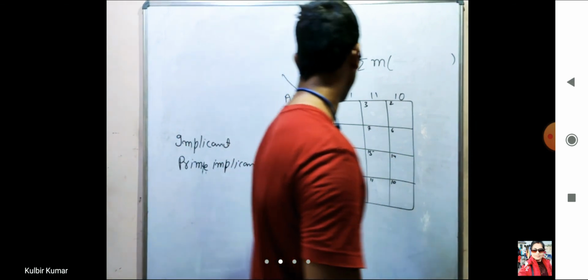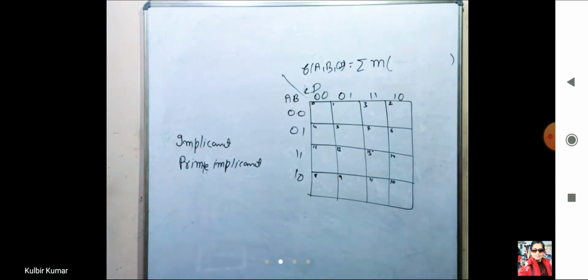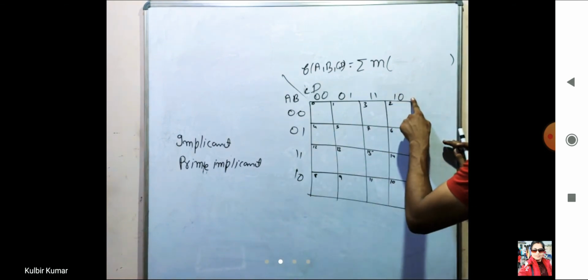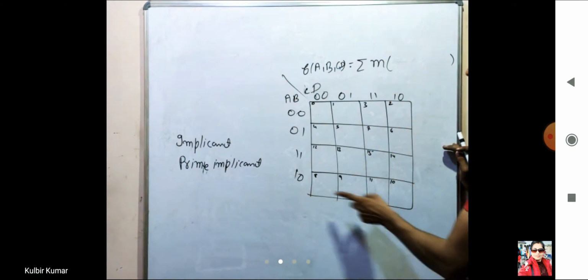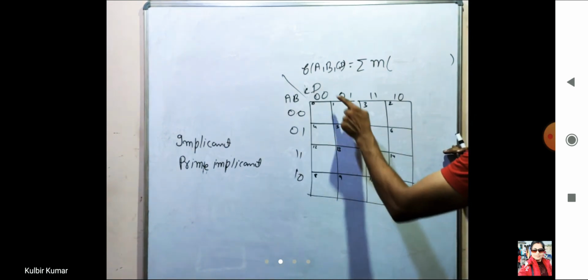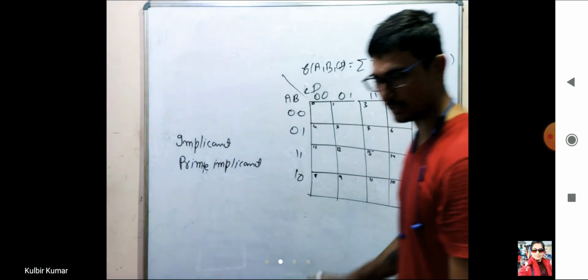If you find it difficult to remember these numbers, then you can simply create a combination of these bits. So this is cell number 10. It is nothing but 1 0 followed by 1 0, that is 10 only. It is 11 how? 1 0 followed by 1 1, that is the code of 11. 13, it is 1 1 followed by 0 1, that is the code of 13. Simple.